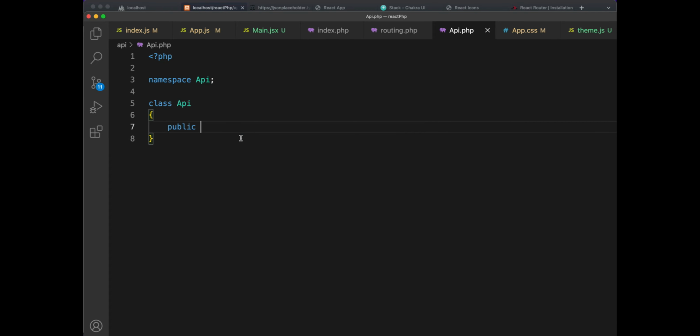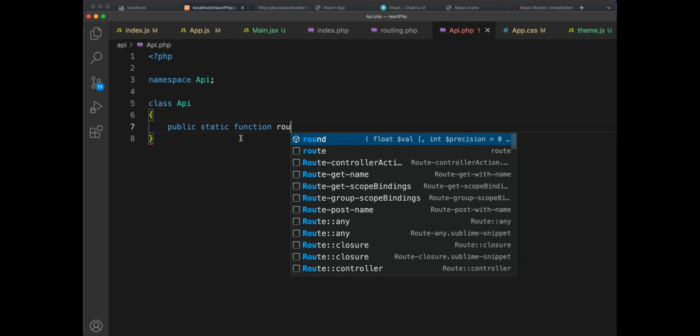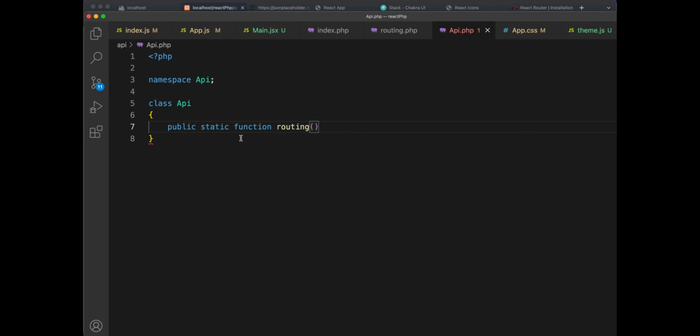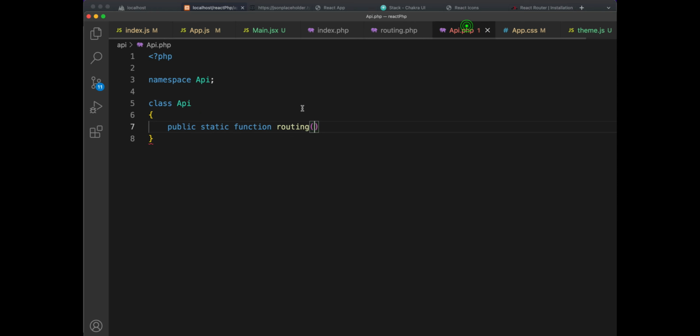So public static function routing. All right, and if you remember, we passed here arguments, so I'm just going to copy these, paste here,